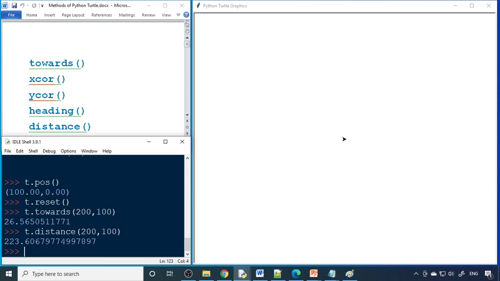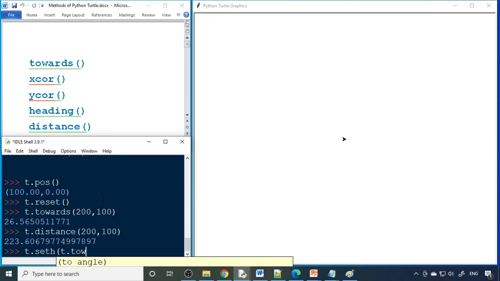Fine. So now combining these two, what we can do is we know the turn, set heading, and then go to. So now you have to turn to this angle. Therefore you can say t dot setheading, that is the angle.